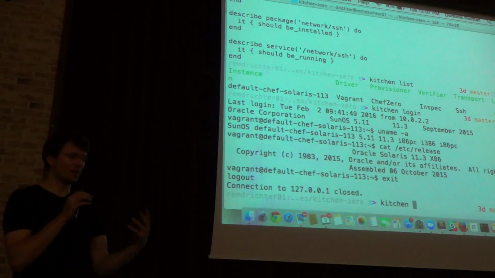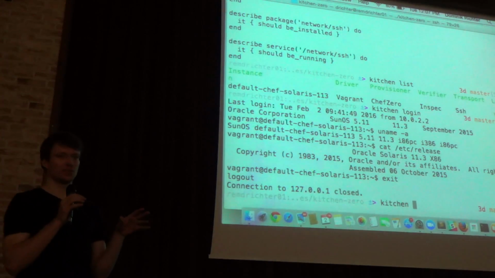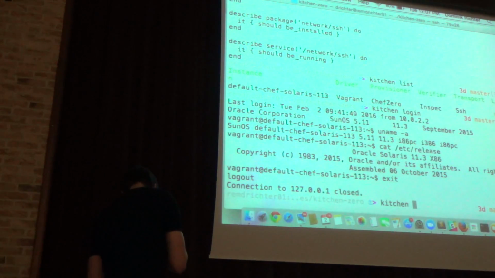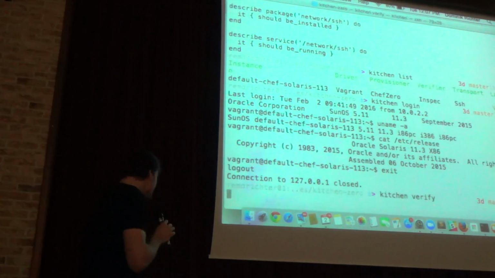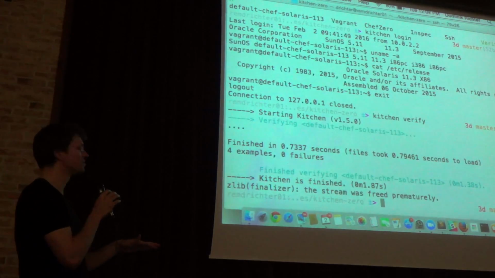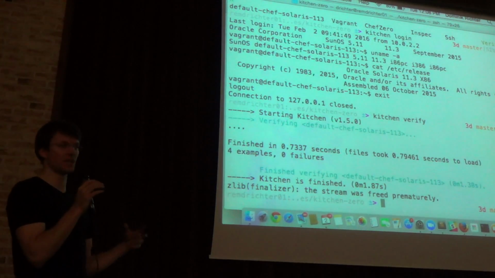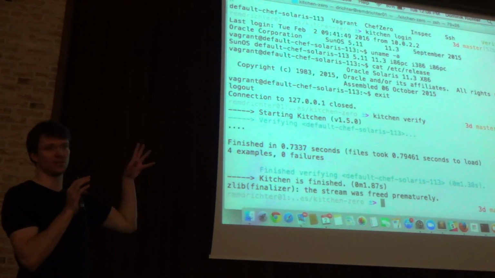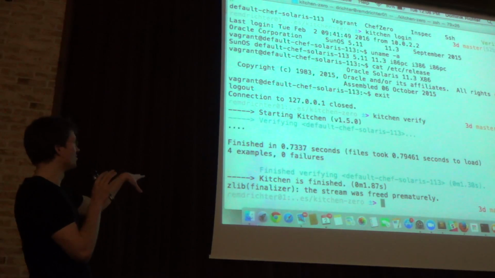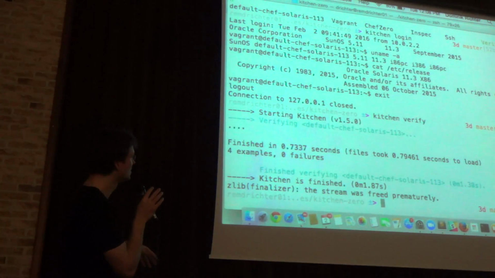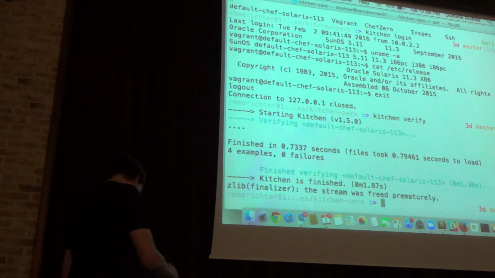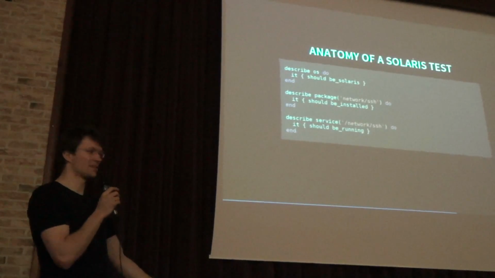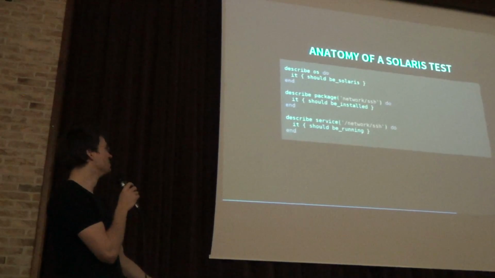So you are familiar with Test Kitchen, you know how long the verify stage usually takes because they go on the box, they install a lot of things, and then they run it. The kitchen verify with InSpec looks like this. That's it. It's the same thing, just zero installation. So I only did the converge before that, which installed Solaris and put some stuff on it. This is just the verify stage. Not too long. We're trying to make it shorter. Right. So that's how the Solaris test looks like.